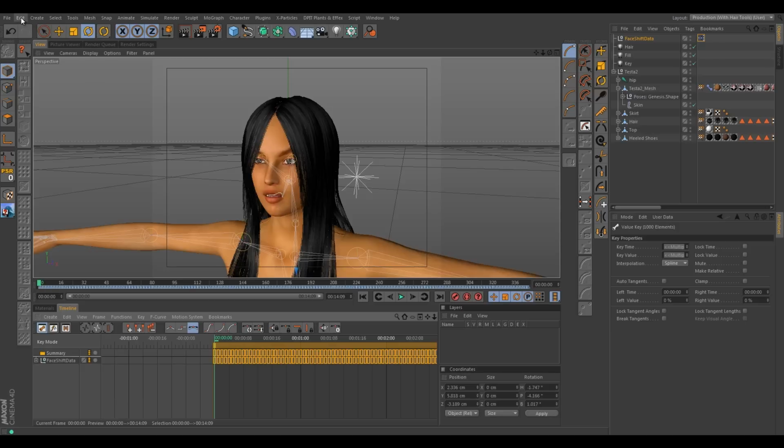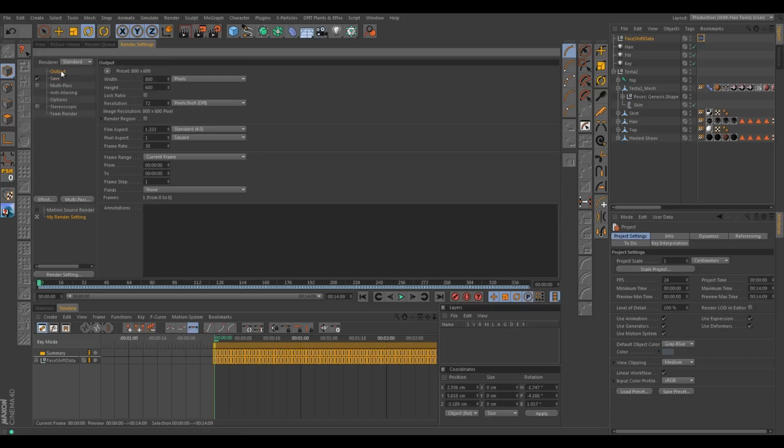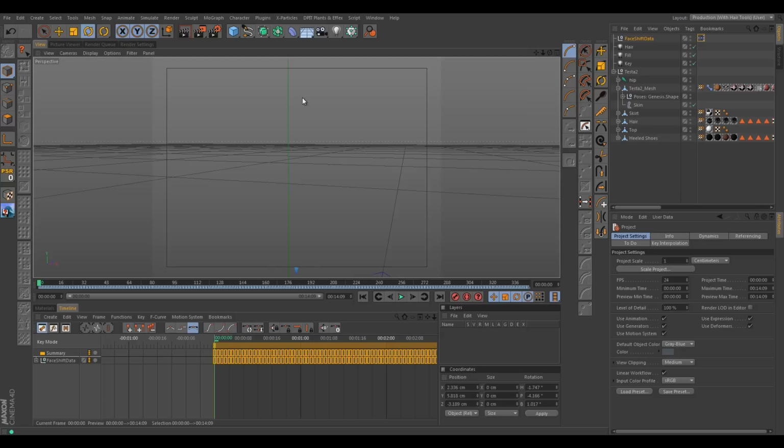Let's also go into our project settings and just make sure our project is set up right. We exported out of FaceShift at 24 frames per second. We just want to make sure our project is also 24 frames per second, and I've set up this project at 24 frames per second, so it's good. In our render settings also, if we're going to render this out, we want to make sure that our render settings project frame rate is also 24 frames per second. That way the renderer just gives us the correct frames to and from, and we just have no issues with the overall rendering.